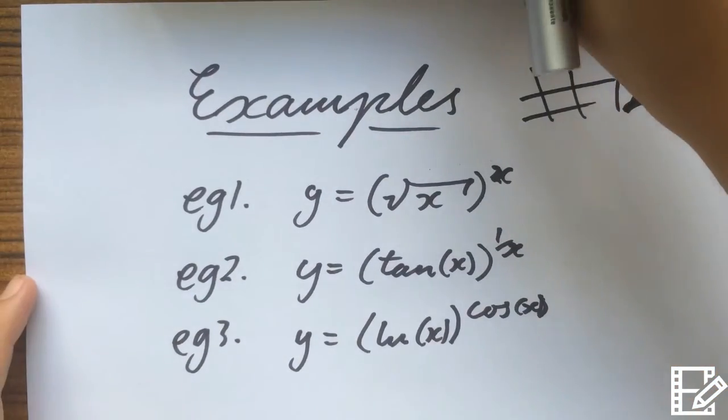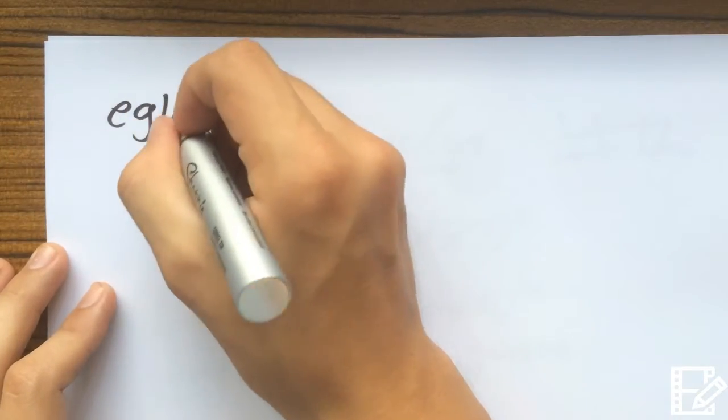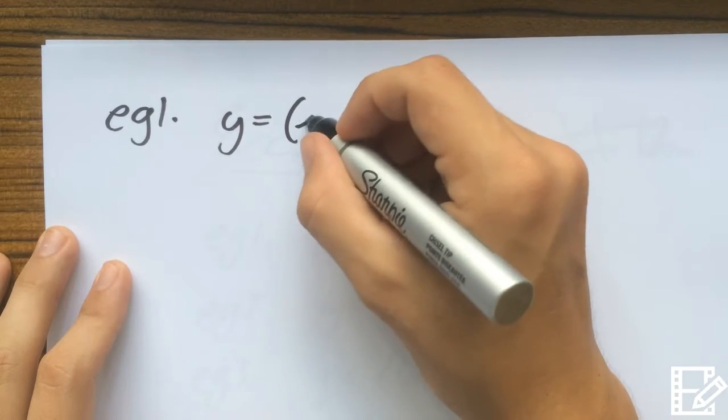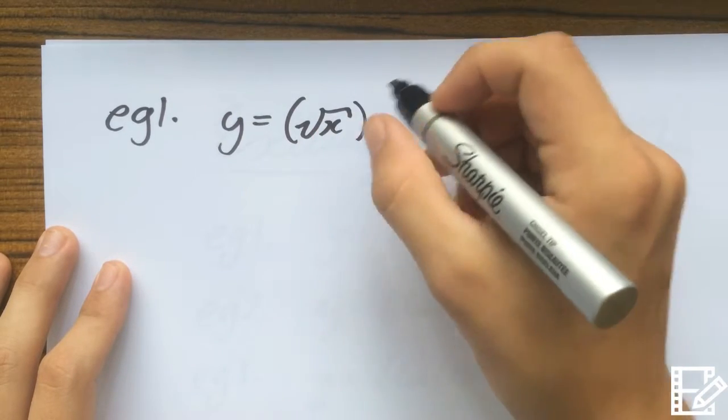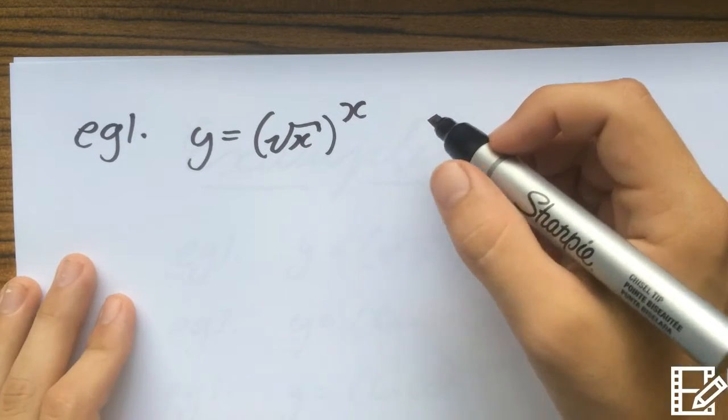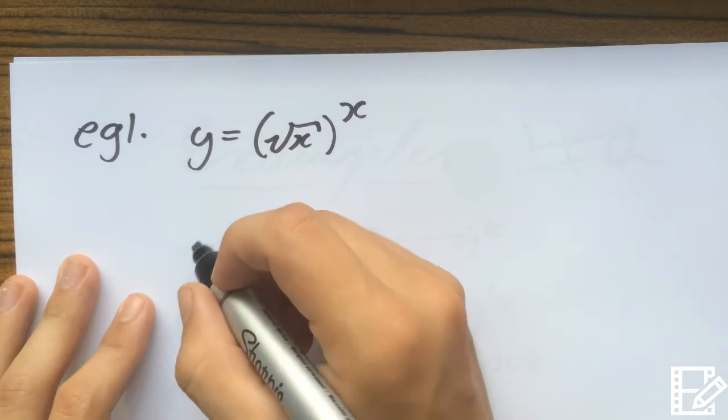Okay, so we'll start with our first example and we'll go through in order. Example 1. So we have y equals the square root of x to the power of x. Bit harder than the one in my previous video. Okay, well,